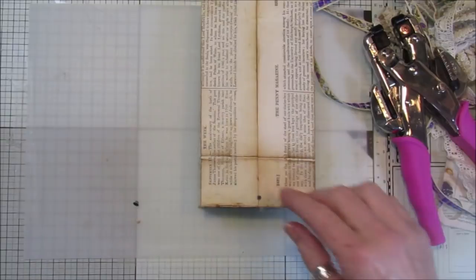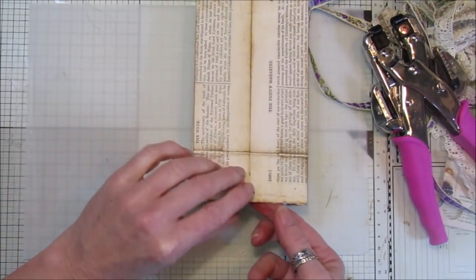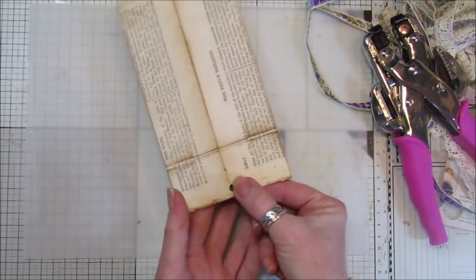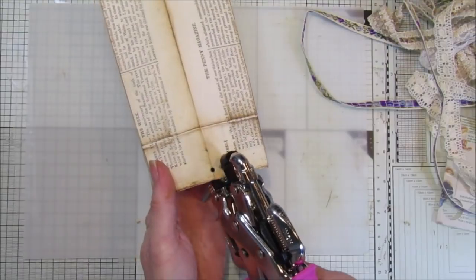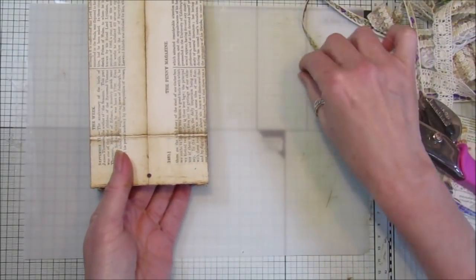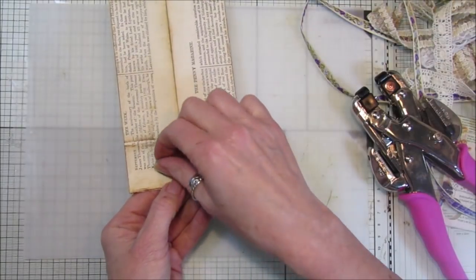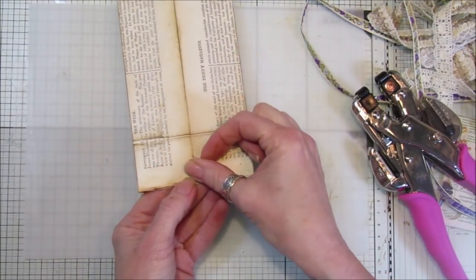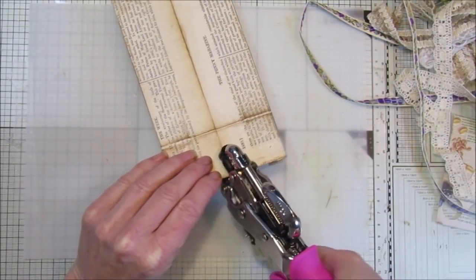I did have that question, would it take any other different size eyelets, and I really don't know, because I don't have any different sizes. So if anybody knows, I would love to know. Oopsie daisy. Because sometimes it's not easy to get the right size for this. So let's just